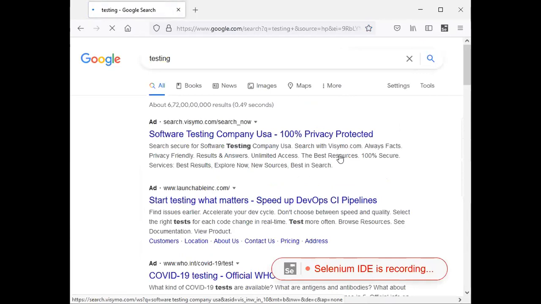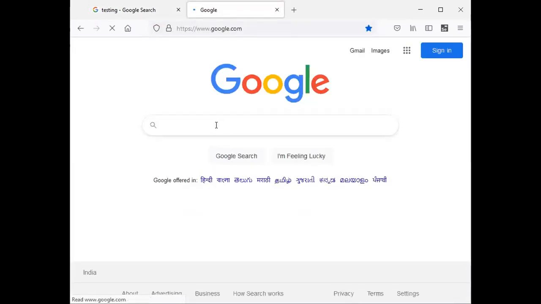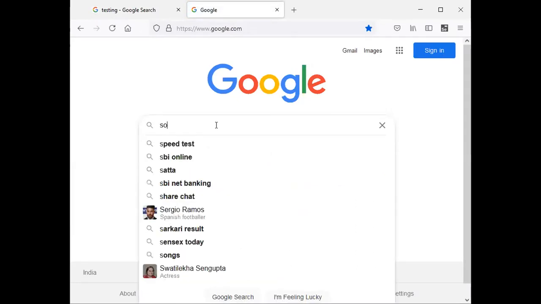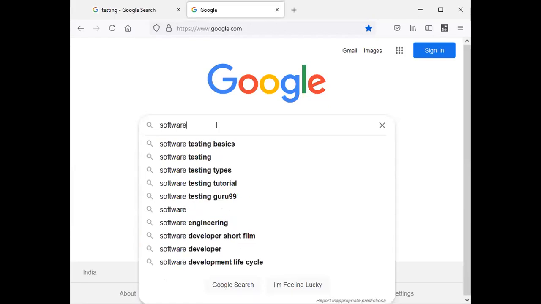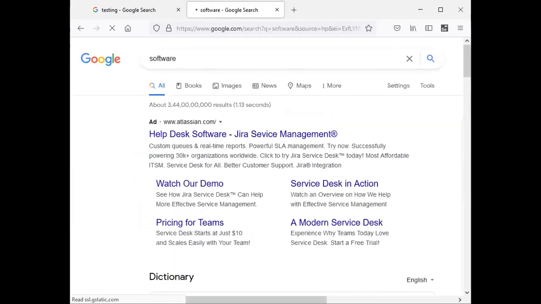I got this data. If I am moving to the next tab for testing, is it allowing this tab to be run or not? Means testing, enter, and then go to another one, the software. Okay, now see whether it is recording the data or not.